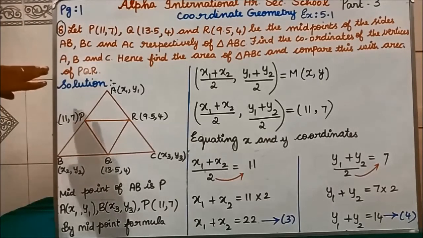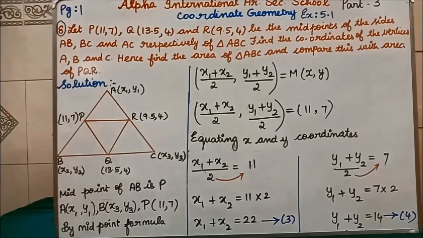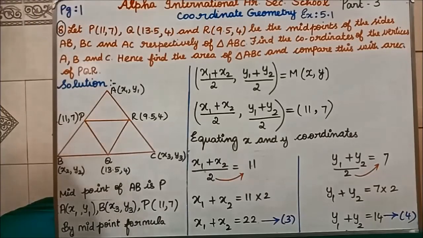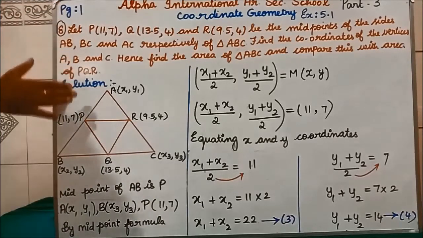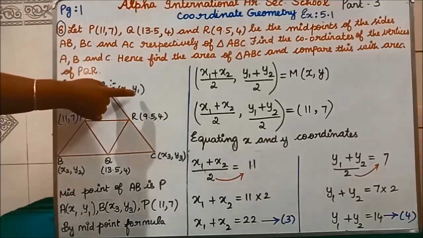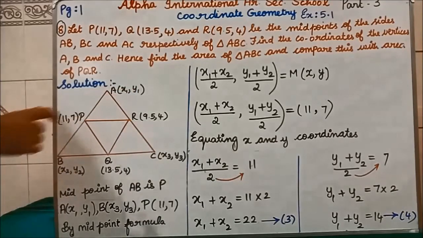So students, this 8th problem is a very lengthy problem. What I am going to do is write the page number. This is the first page. I will not erase the question and the diagram till the last line. I will erase only from the midpoint part onwards, and I will write after the remaining part is done. Clear? Now first we are going to find the A, B and C vertices.